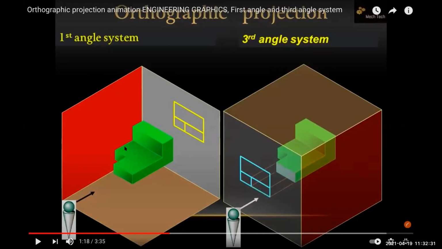So this is conveying the information that in first angle projection method, the position is observer, then object, and then profile plane, whereas in third angle projection system, it is observer, profile plane, and then object. And it will only happen when the plane is transparent. Then only the observer can see this object. So in third angle system, the profile planes are transparent, whereas they are non-transparent in the case of first angle projection method.